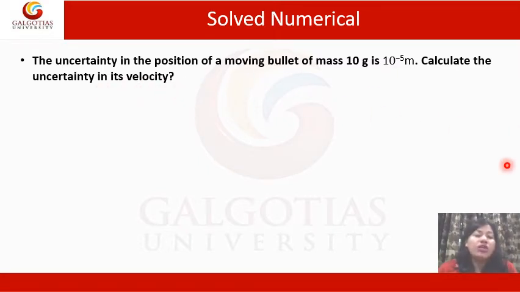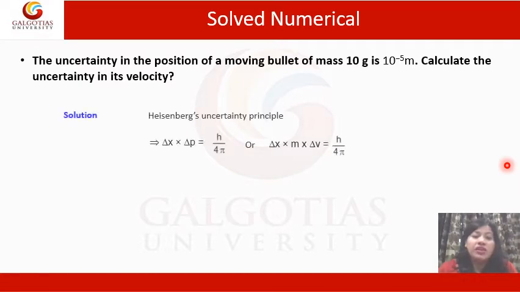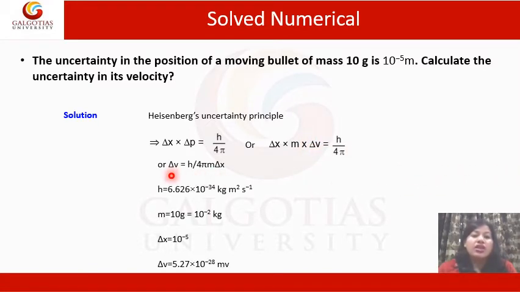So we apply the formula of the Heisenberg uncertainty principle, that is delta x multiplied by delta p is equal to h upon 4 pi, where delta p is equal to m multiplied by delta v. So the formula is delta x multiplied by m multiplied by delta v is equal to h upon 4 pi. Now we calculate this velocity. So the formula is delta v is equal to h upon 4 pi m delta x, where h is Planck's constant whose value is